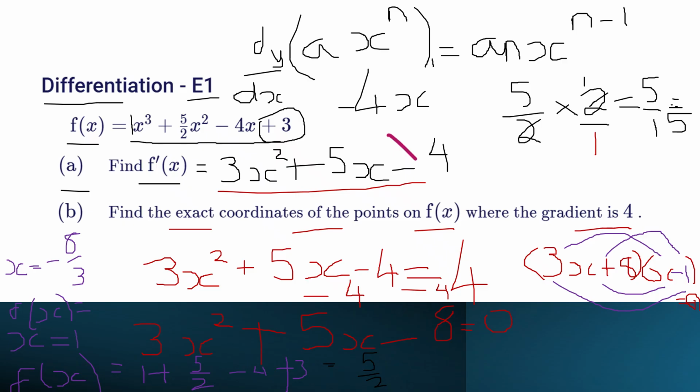Sorry, why have I put minus 5 halves? Yeah, sorry, minus 8/3 and then plus 3. You'll get 337/27. Okay, so your two coordinates are going to be minus 8/3 and 337/27, and